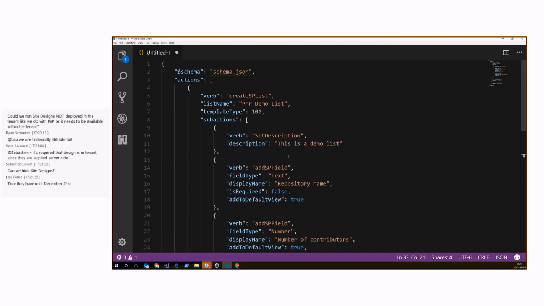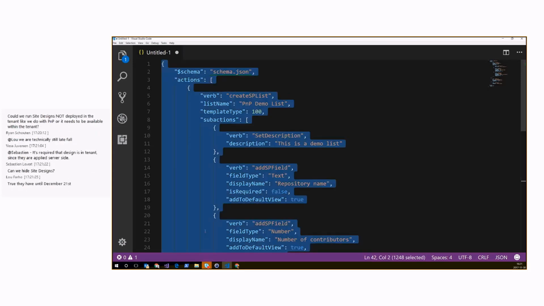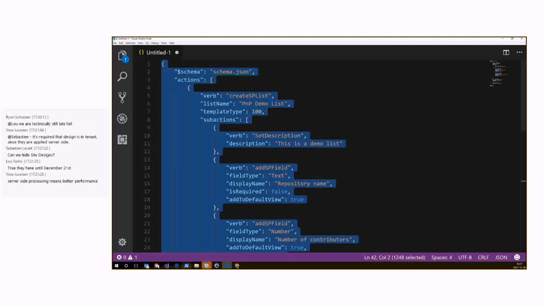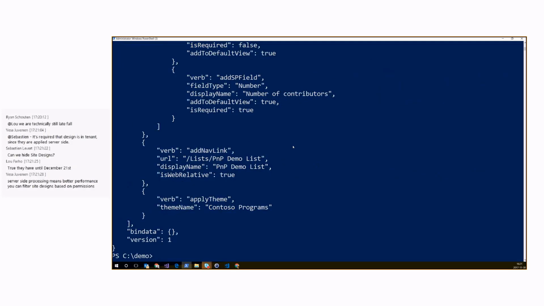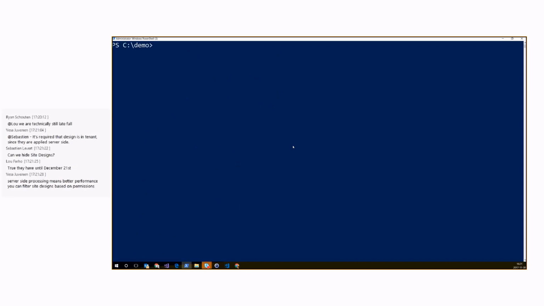So I just copy this to the clipboard and do some PowerShell magic. Clipboard. So now my script is in that variable, script variable. So now I can create very simply a new site script, add PnP site script, title PnP demo script.